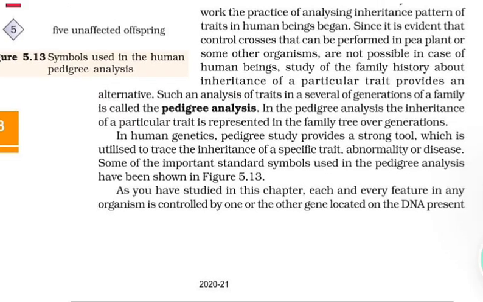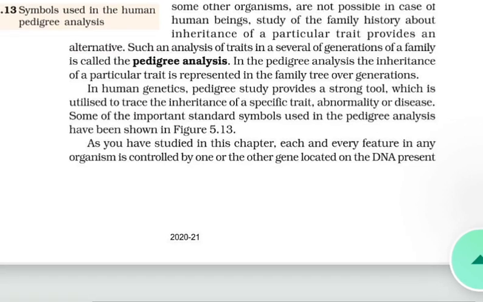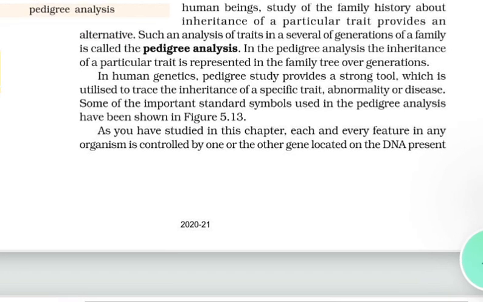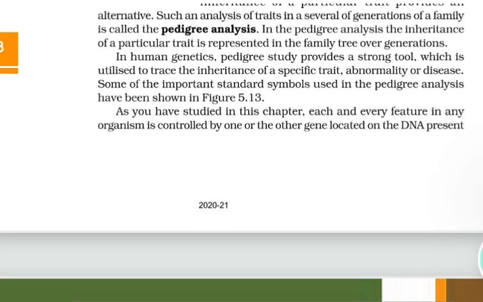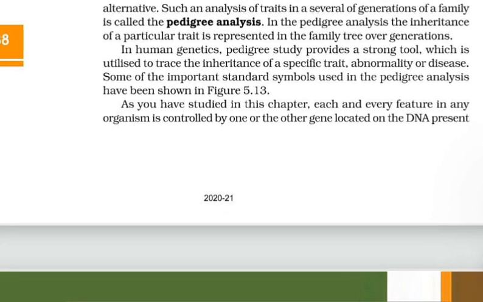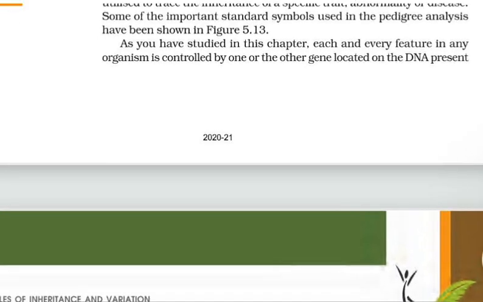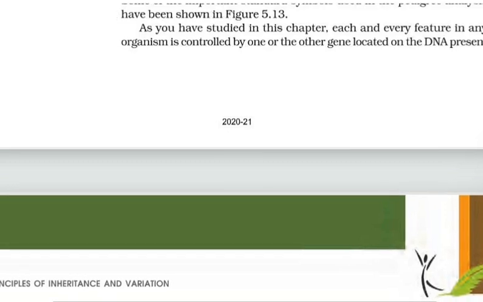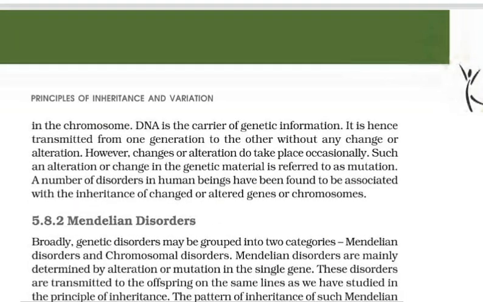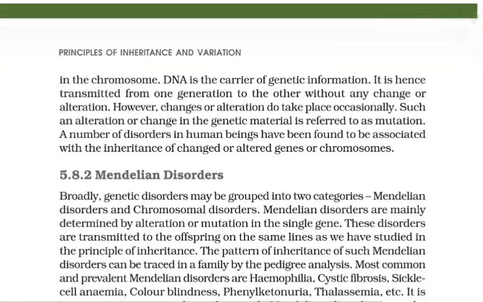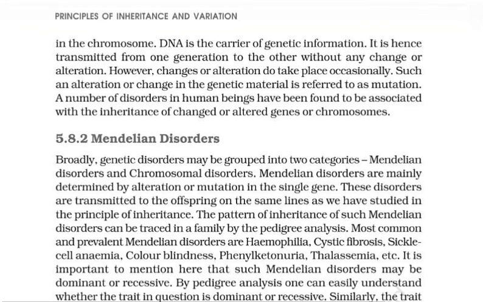यहाँ पर डायग्राम दिया हुआ है, सिम्बॉल्स यूज्ड इन द फीमेल पेडिग्री एनालिसिस. सबसे फर्स्ट है मेल, जैसे स्क्वायर से डिनोट करते हैं, सर्कल को फीमेल से डिनोट करते हैं, और जो स्क्वायर खड़ा है, मीन्स आधा इधर बीच वन पॉइंट पर खड़ा हुआ, उसे कहते हैं सेक्स अनस्पेसिफाइड. बॉक्स है रेड कलर का स्क्वायर, और फिर सर्कल है रेड कलर का, फिर वो सेक्स अनस्पेसिफाइड वाला रेड कलर में, वो उस सिंबल तीनों साथ में है, तो उन्हें कहते हैं अफेक्टेड इंडिविजुअल.